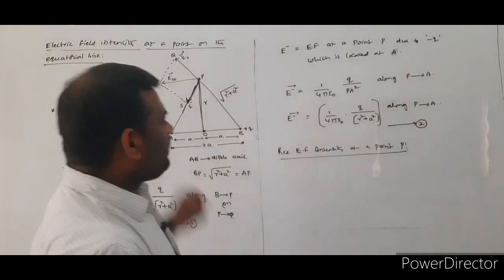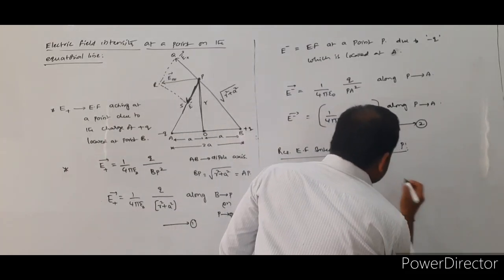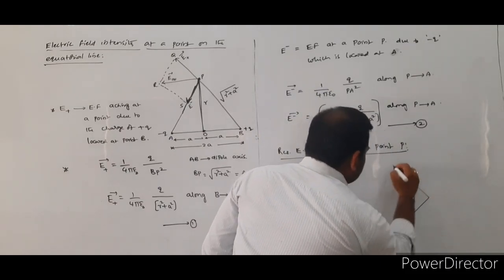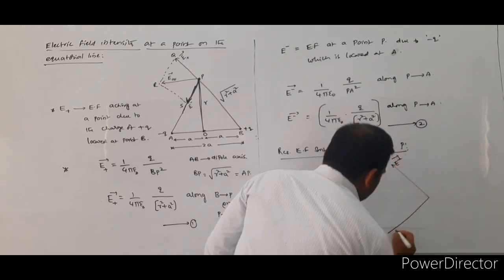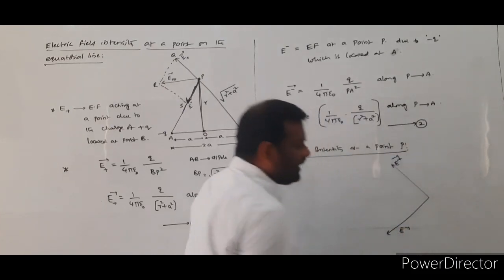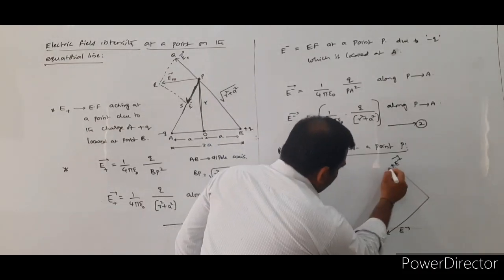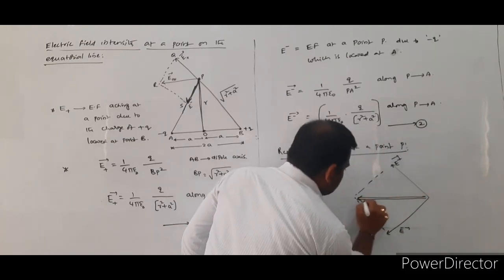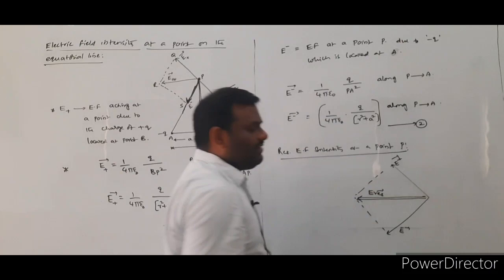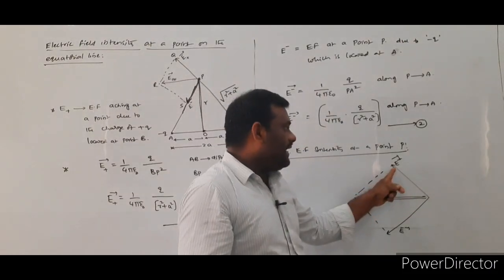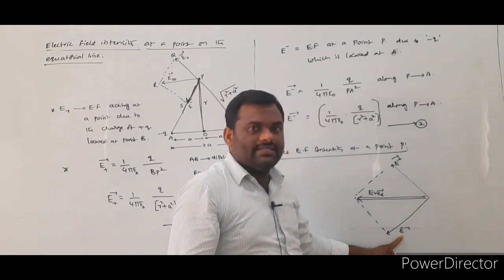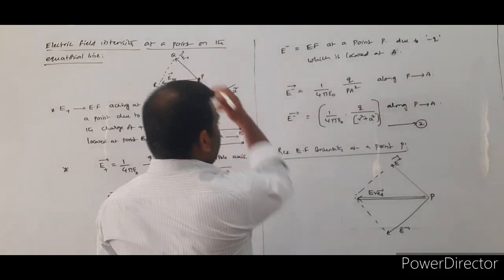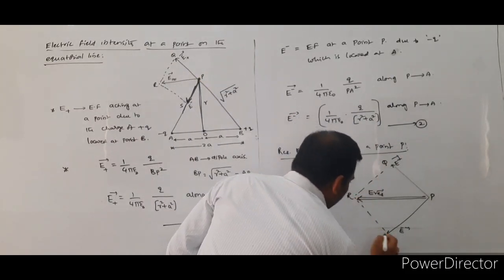So for that purpose, here we have to construct one parallelogram. A parallelogram will be like this, with one side indicating E plus bar and the other indicating E minus bar. If you construct the parallelogram, its diagonal will be taken as the E resultant. I take the E plus bar and E minus bar vectors as the adjacent sides of the given parallelogram. This point will be taken as P, and this point is Q. This is R and S.